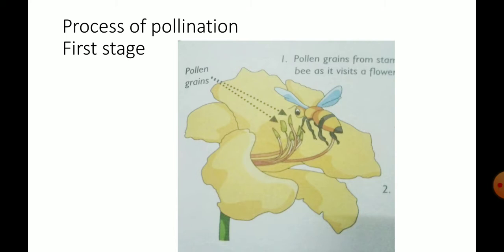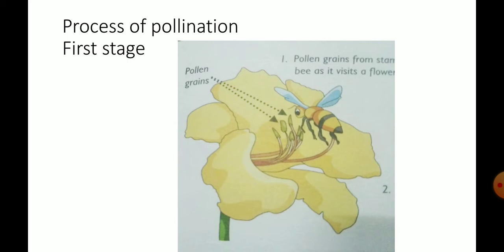The next topic is the process of pollination. The insects' bodies have tiny hairs. Some of the pollen grains from the anthers rub off onto the insect's wings, legs, and other body parts when the insects suck nectar from flowers. When these insects move to other flowers, some of the pollen grains from their bodies fall on the stigma of flowers. This is the process of pollination.